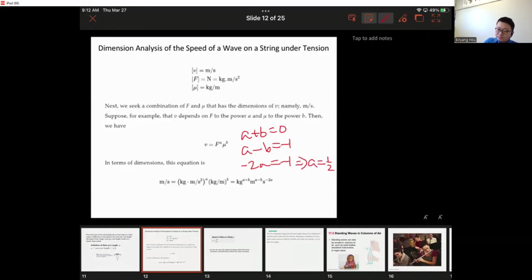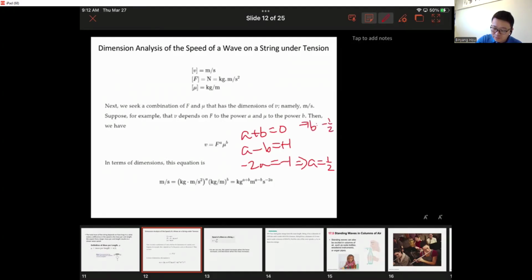So from the first equation, b should be, oh, actually, let me see. A is equal to 1/2. B then should be equal to negative 1/2. Or actually, the second one should be plus 1 instead of minus 1, because a minus b should be 1. So then put a into the first equation, you can see from there, then b is equal to